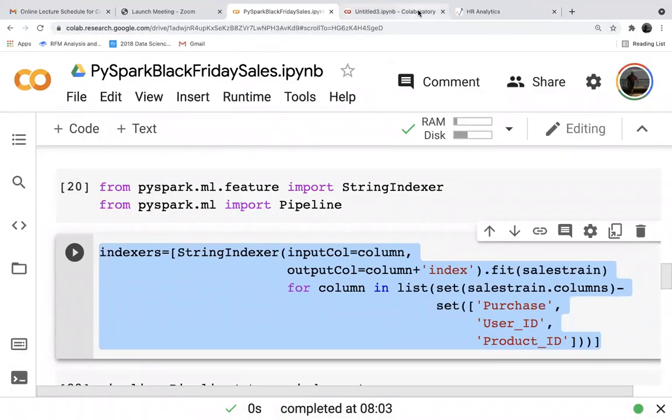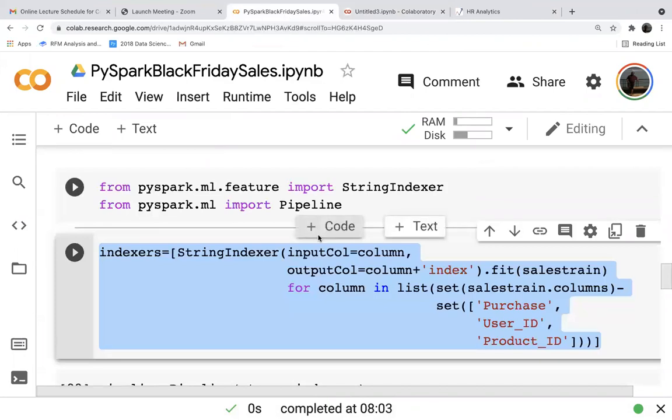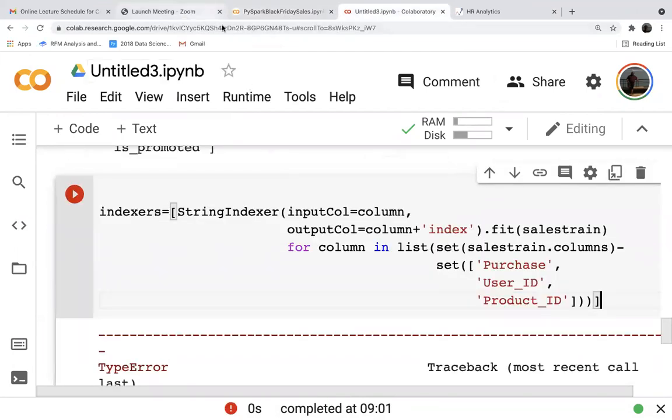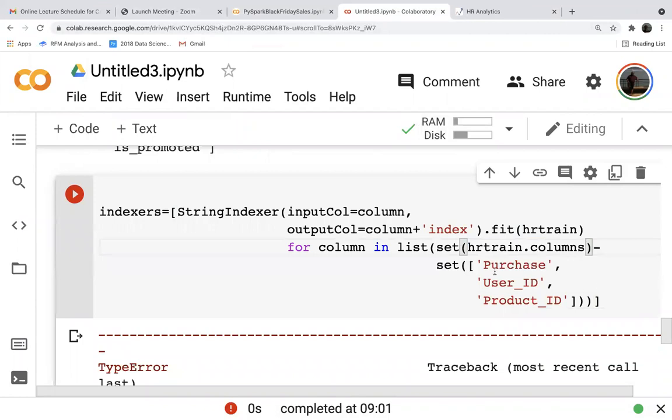Sir, please also send us this. Yes, sure, definitely. Control C, Control V. So I'll send you the corrected one, okay? HR train dot columns. Here we have to use, first one is what?